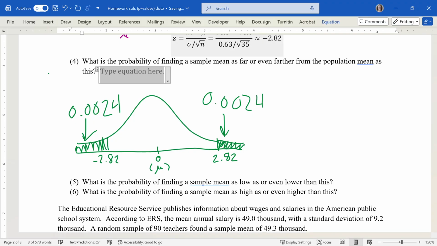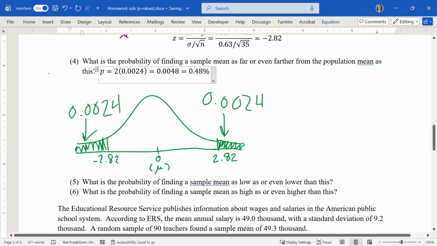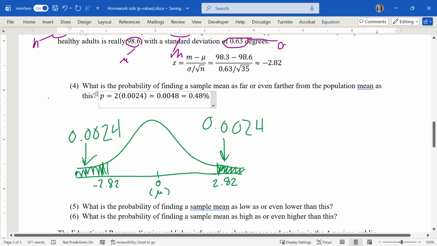Okay, so the total area together should be 2 times 0.0024. And let's go ahead and just type the answer here: 0.0048, so 0.48% probability. So very small probability of getting a sample mean as far as or farther from the mean than this one,